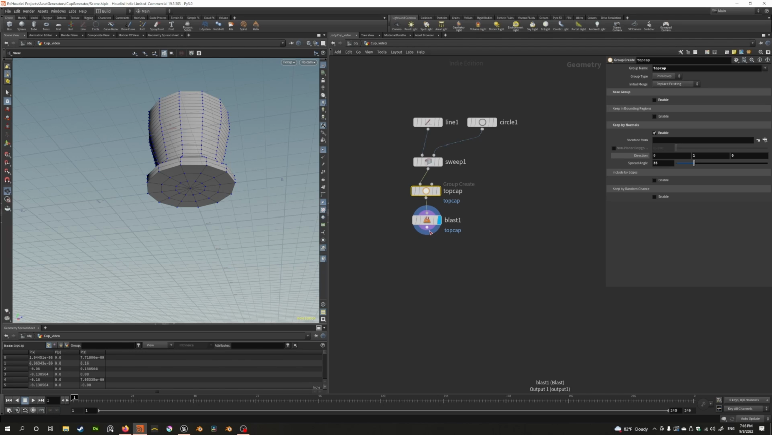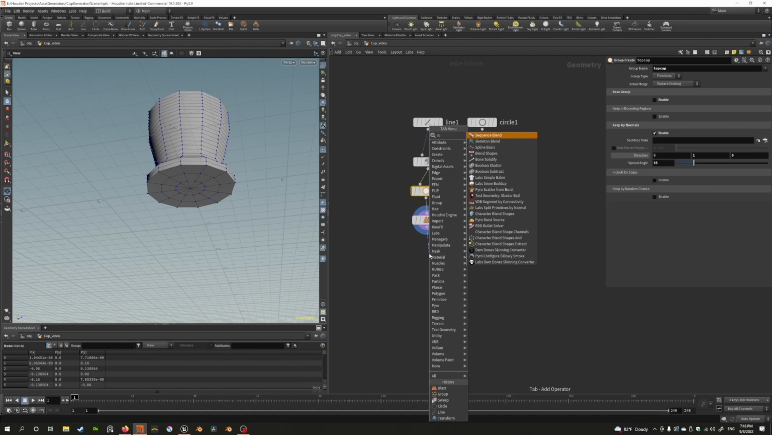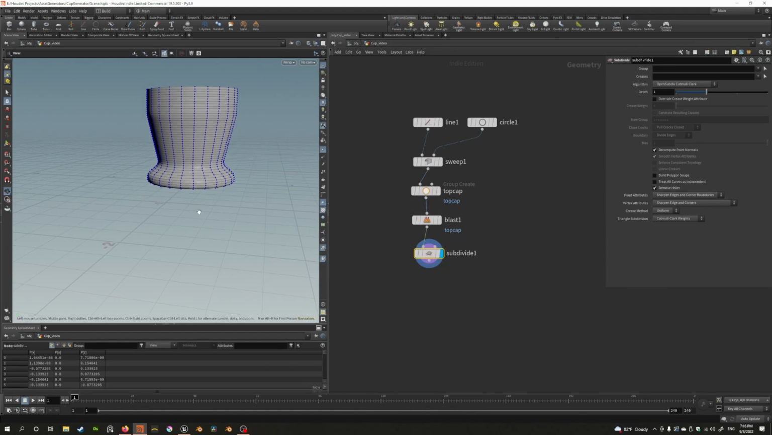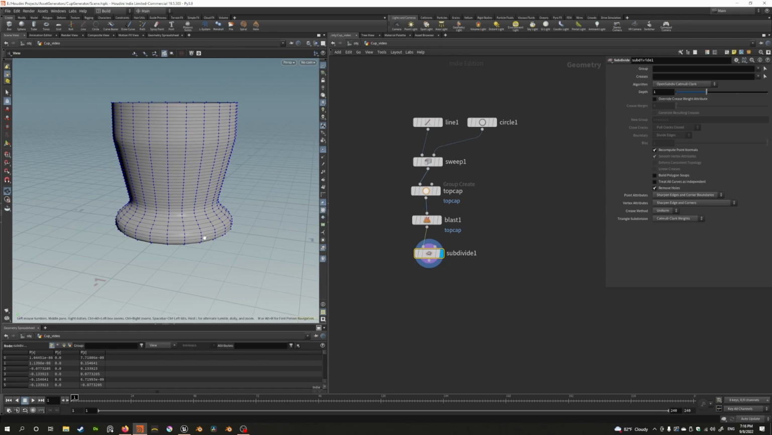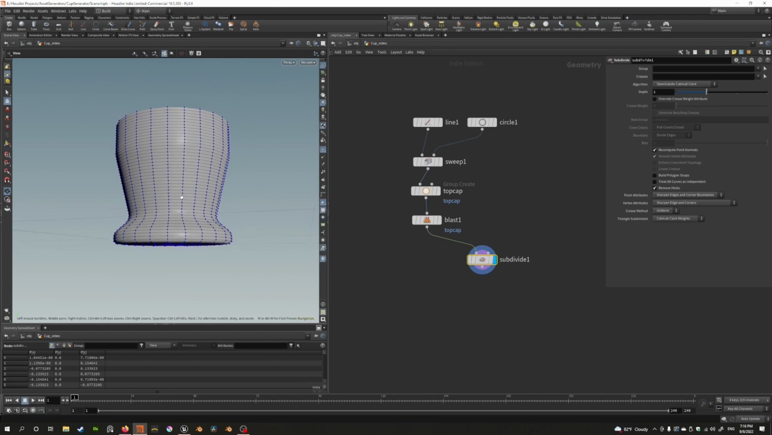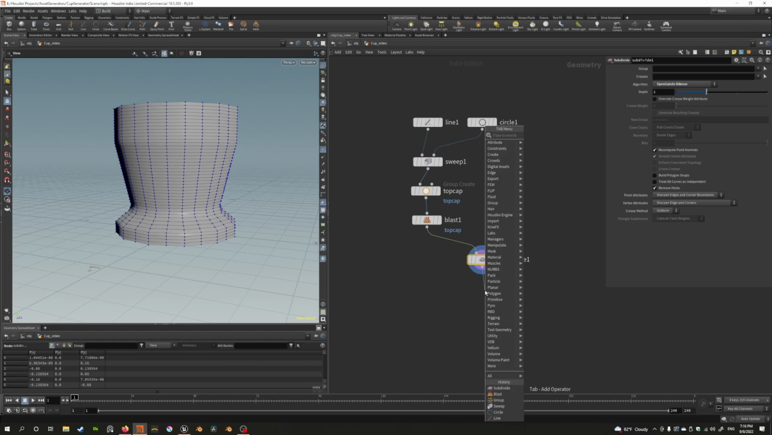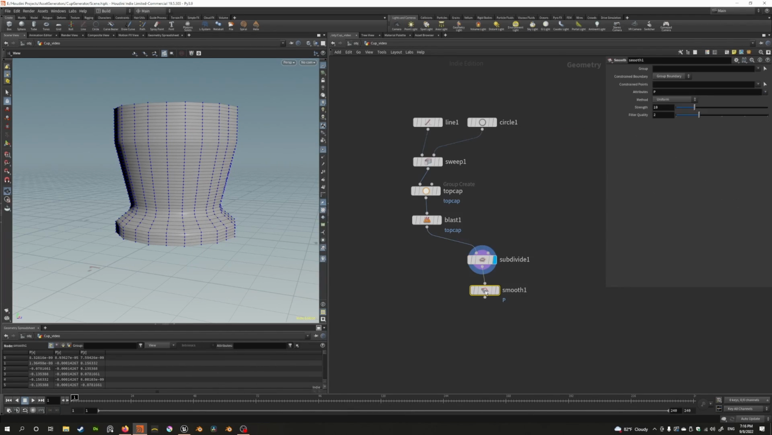Let's just use a subdivide method of smoothing it out. Very cool. We can just smooth it out this way, but what if I wanted to smooth it out but hold this shape? So I'm going to switch from Catmull-Clark to OpenSubdiv Bilinear, and it subdivides without changing the shape, without smoothing it. That's useful. Then I can add a smooth node, and then smooth